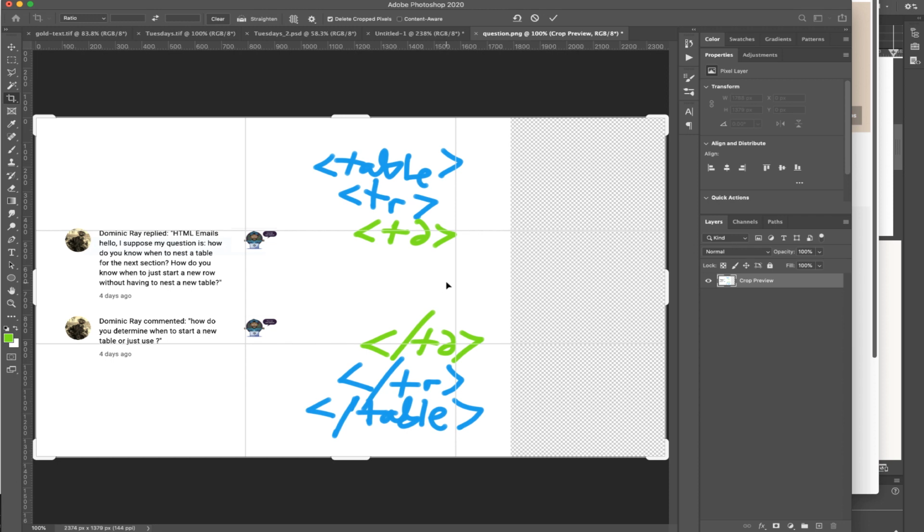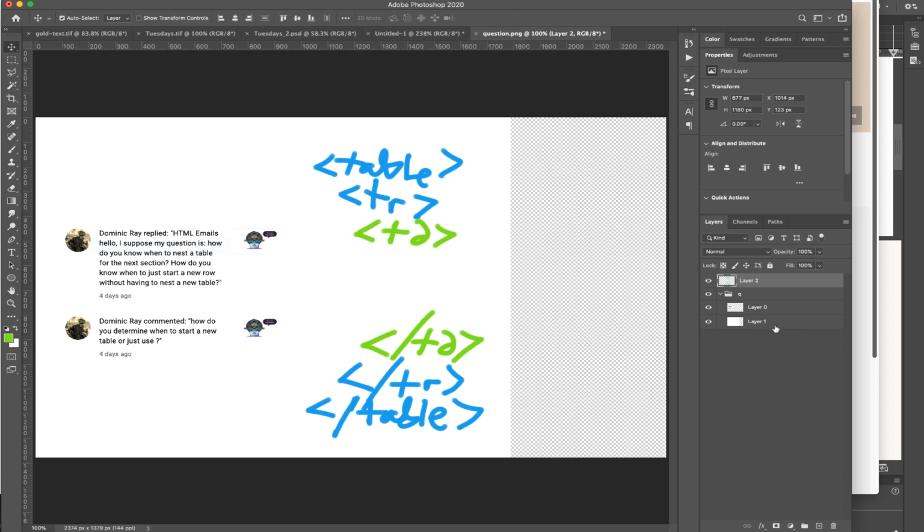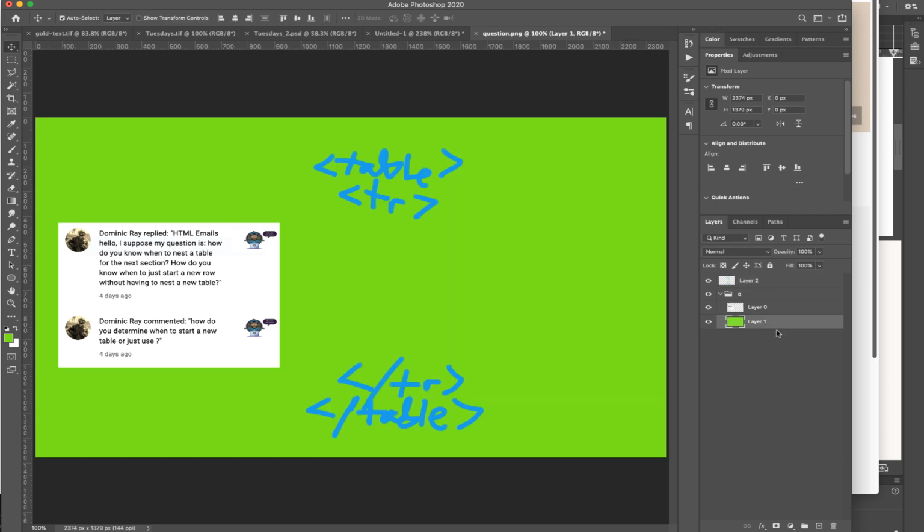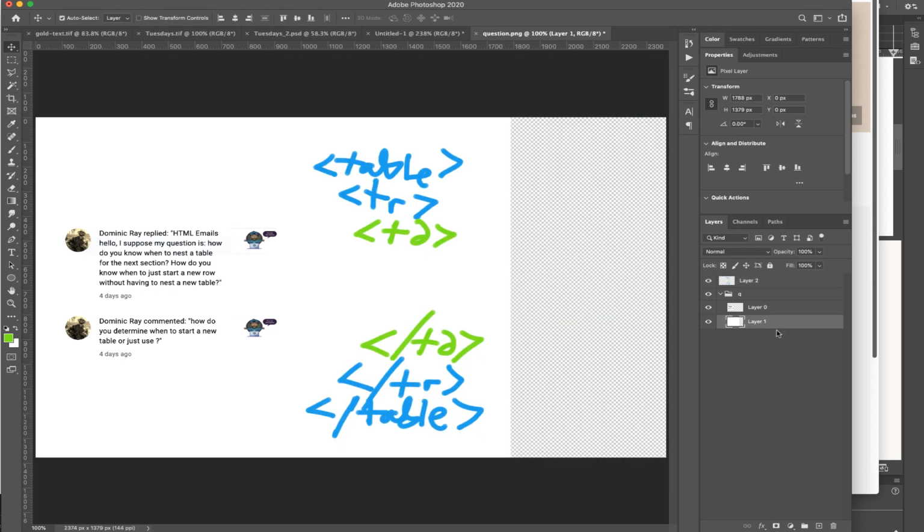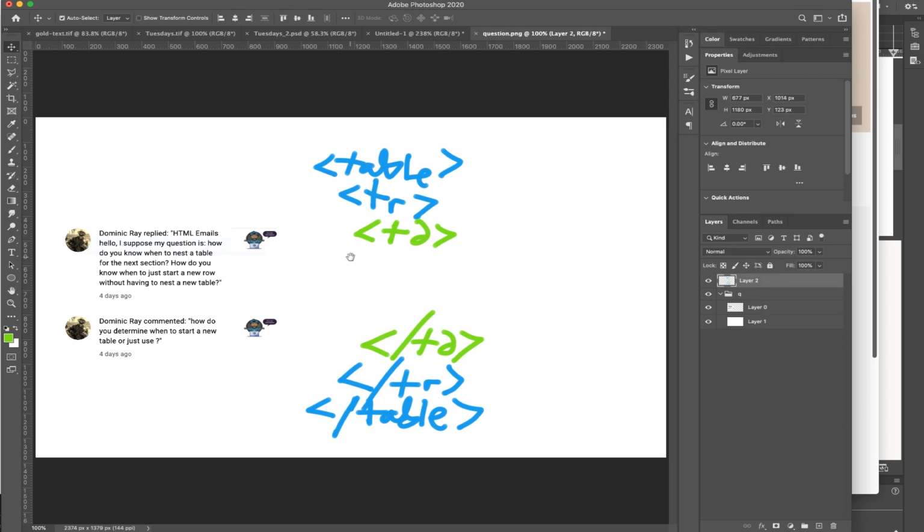And if I hit enter and V on the keyboard and come back to this layer and do a backspace. Okay, that's better. And then on here, so basically what I'm saying is